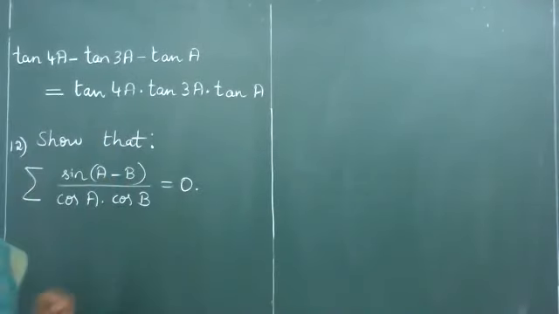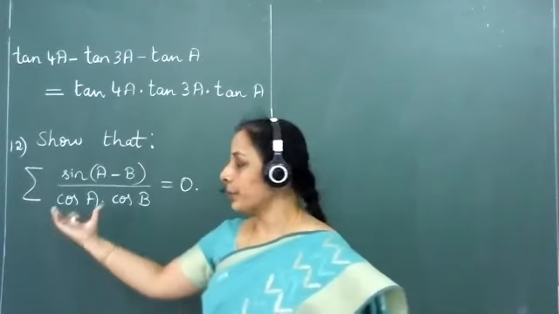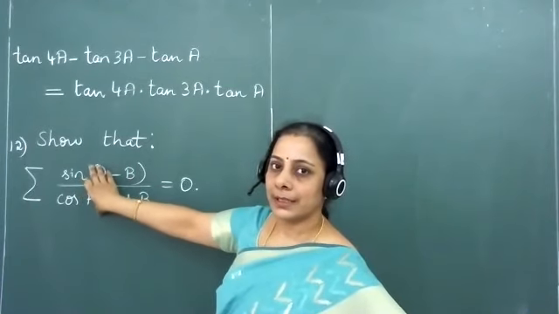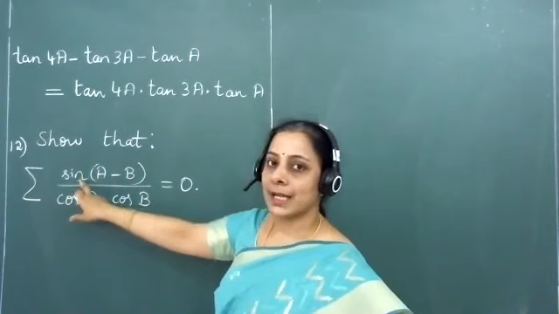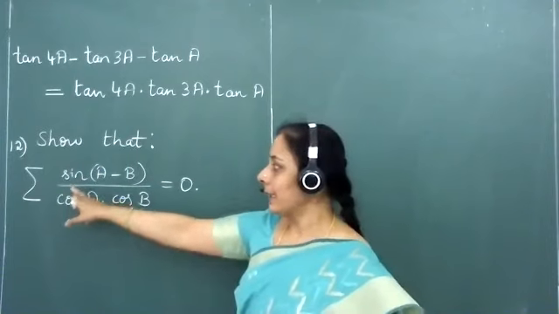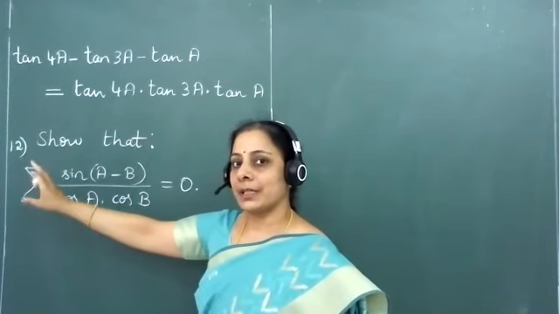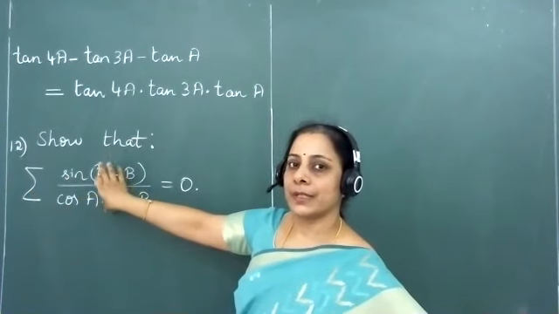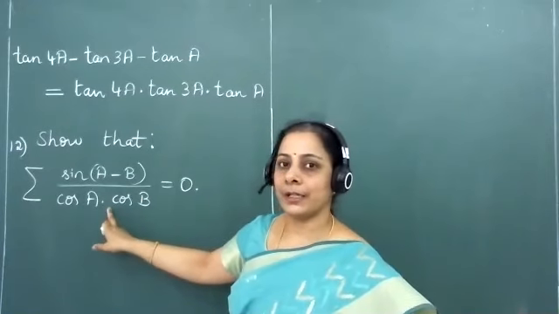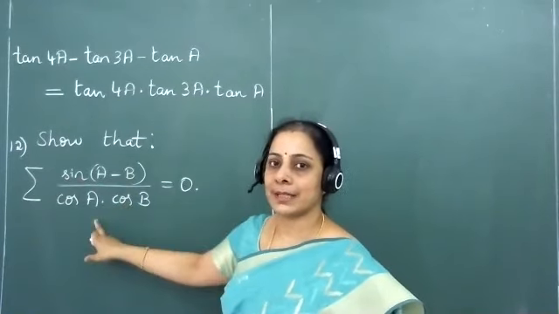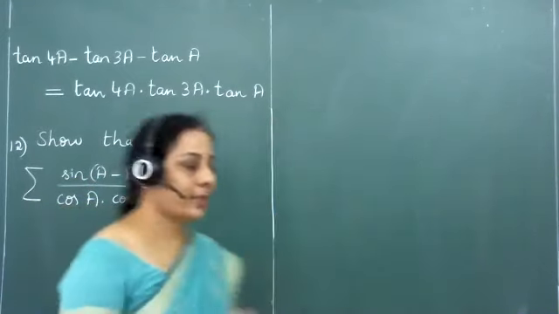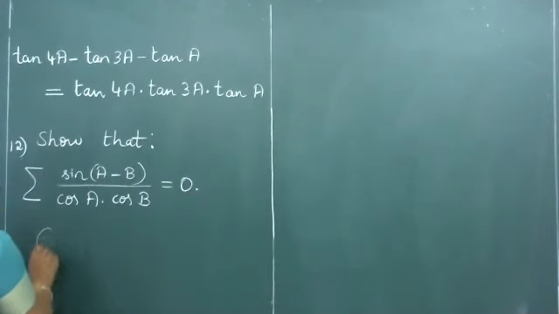To get the answer to the present question here, we shall prove LHS as equal to the RHS. So we shall consider the LHS, which is summation sin of a minus b divided by cos a multiplied with cos b. And instead of going with the summation symbol in the initial step, we shall try to first simplify sin of a minus b divided by cos a into cos b. We shall simplify this particular expression and then we will be taking summation over the same term. So let us see how to get the solution.